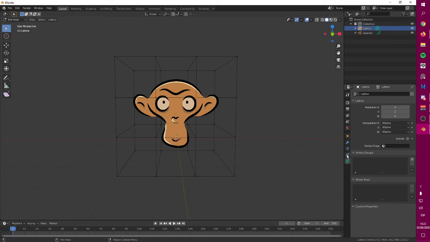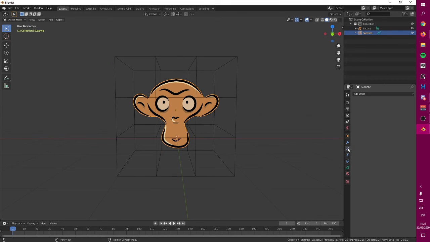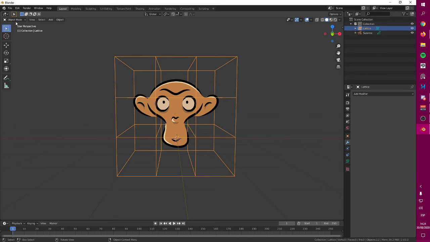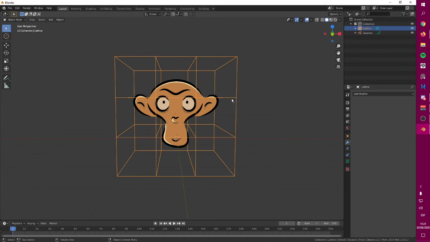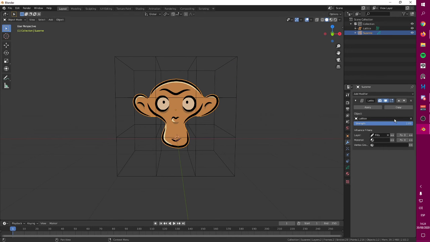You can also, with the lattice on your modifier, make it so it only applies to a specific layer. So maybe I just want to change the colors, the fills. So let's try it out. Right now, you're only changing that layer. The other layer is not being changed. So you can play with that, and you can do all kinds of things with just knowing a little bit about 3D in this program.